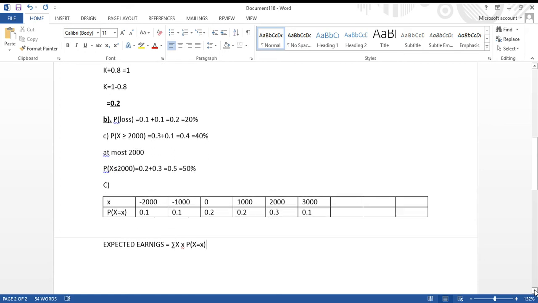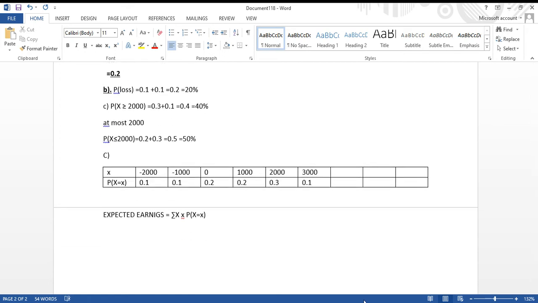We'll start with 0.1 times negative 2,000, plus 0.1 times negative 1,000, plus 0.2 times 0,